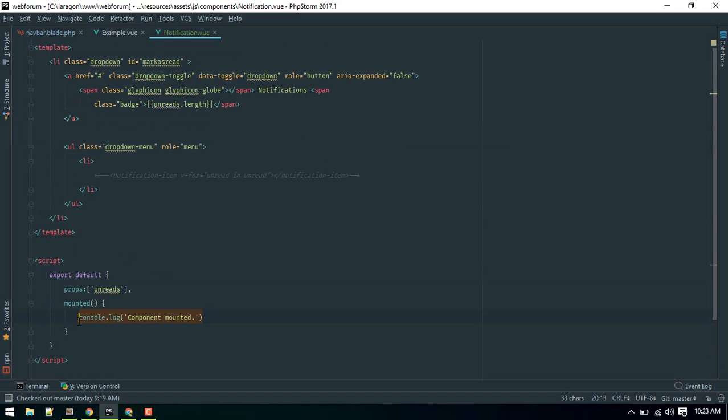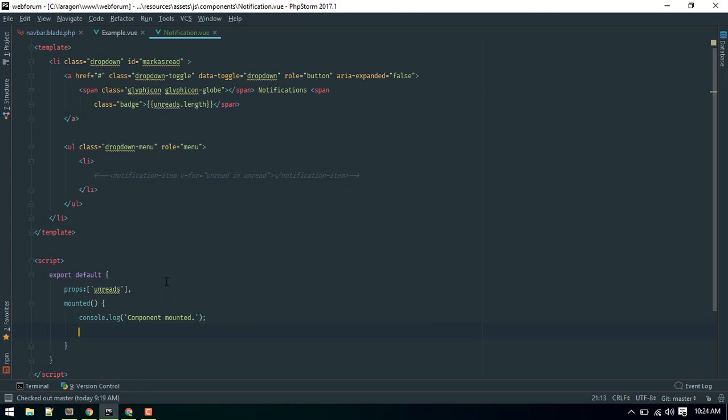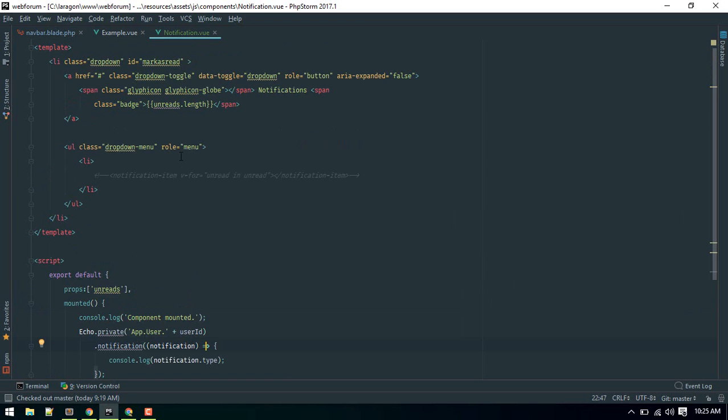First we'll see if Laravel Echo is working. Whenever this component gets mounted, you can listen for notifications like this. In this URL you'll find this code. I'll just copy it inside my notification component here. It will listen for the App User dot user ID channel name. So the channel name will be the user ID. We need this variable as well, so we need to accept that as a property as well. So user ID,